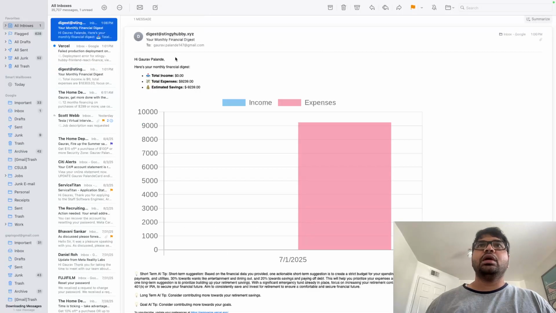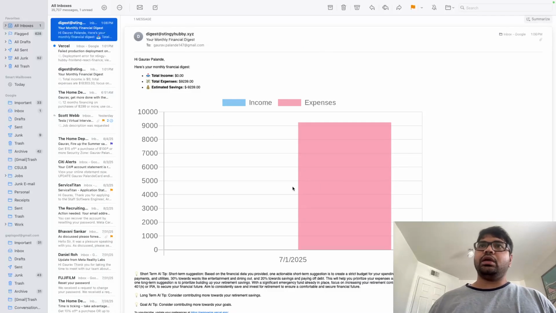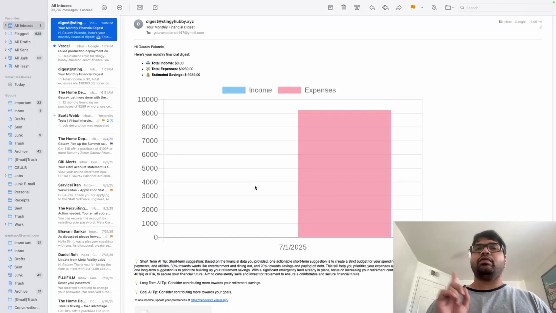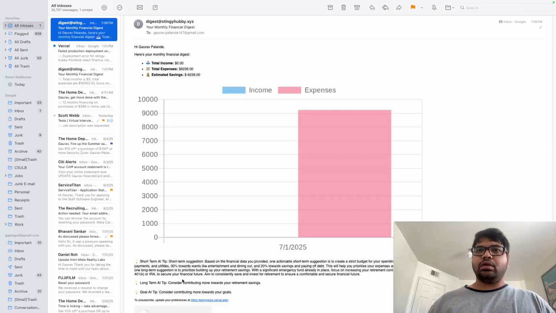Yeah, that's the one, the digest, and it has 7/1. It does not have August, it has July within it, because it's going to run once on the first of every month. We will be able to get the previous month's values, and then on top of that we have some default values here because we did not have those AI tips during that time. So I think for now this is what we expected. We are getting the monthly tips, monthly financial digest, we are getting the flowchart based on last month, and our